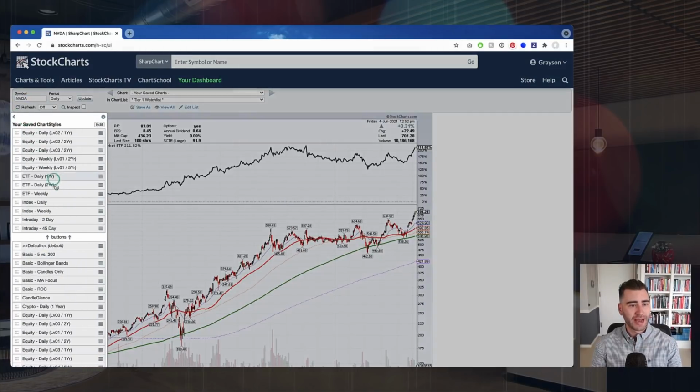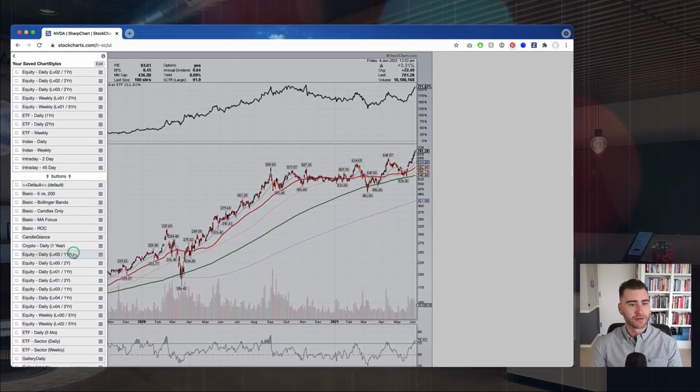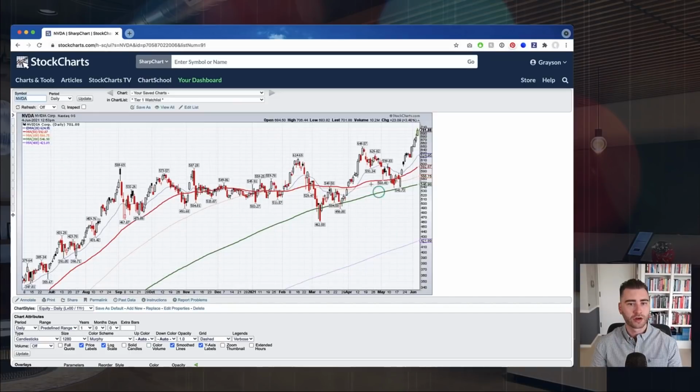I'm actually going to get us back to that chart that we had up at the very start of the show, the 1 year, very simple chart of NVIDIA. I've got a saved chart style for this. So we're looking at a 1 year chart, again, just candlesticks and a couple of moving averages. If you wanted to add in now the price relative line, the relative strength line for NVIDIA, it's very, very